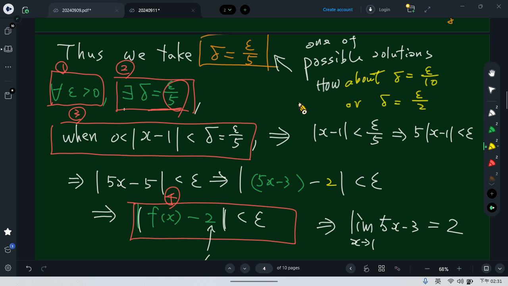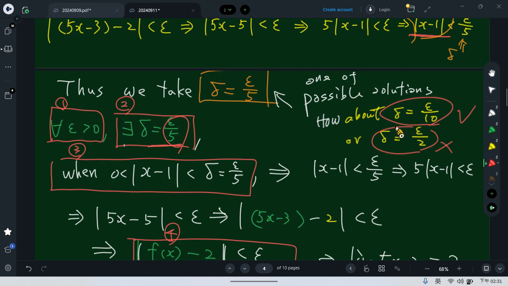Which one can replace this solution? Which one? This one, right? This one is not okay. Not okay. Why? Because you can see,